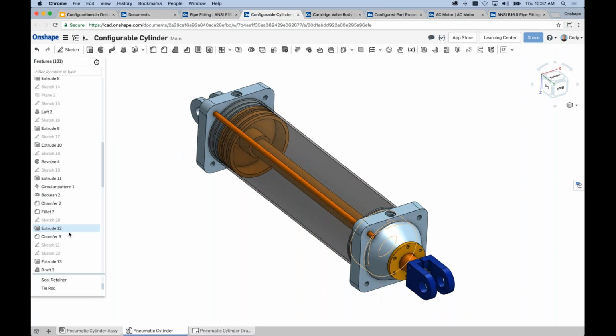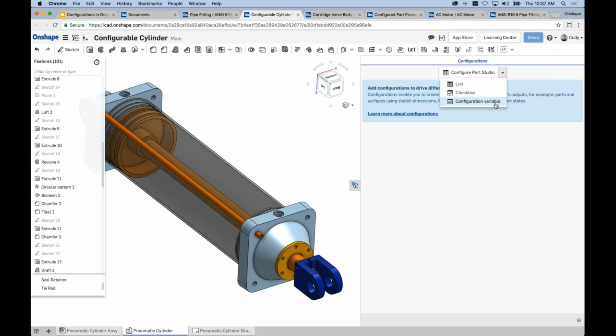But as I mentioned before, there could be hundreds of stroke variations. So rather than building a giant list, I would rather create a configuration variable, right? We'll call this configuration variable bore. Now you have options for configuration variables. You can define variables as angles, integers, reals, text. So if you want to only allow certain inputs based on the type of thing that you're controlling, you can do that. But then it's just a matter of defining what it is, what's your default, what's your minimum, what's your maximum, right? So let's say that in this example, my default bore is 6,